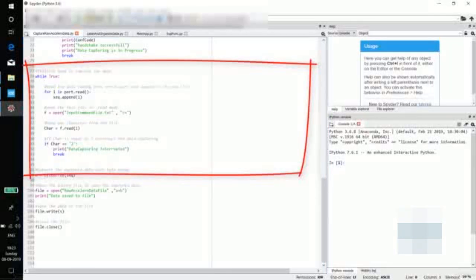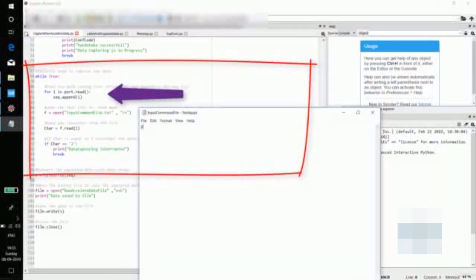As we know, the microcontroller is sending 6 bytes of accelerometer data with an incremented timestamp of 4 bytes and 1 byte of checksum. We are capturing and appending it to the SEQ list. With this, we are continuously reading the input command file.txt. If we receive the character 2 from the text file, the data capturing will be interrupted and the infinite loop